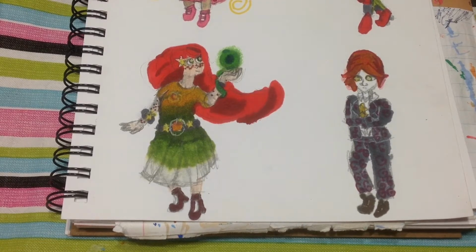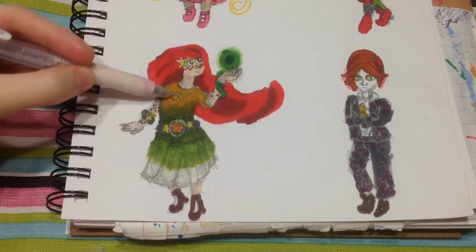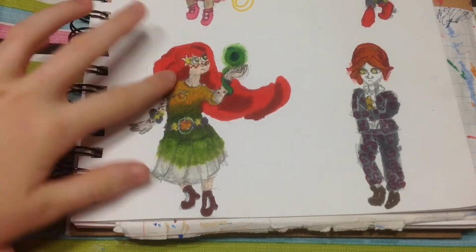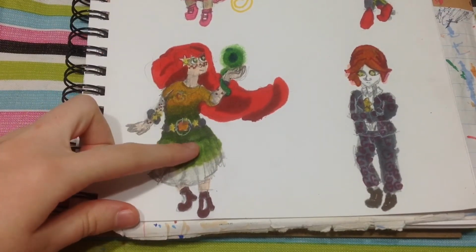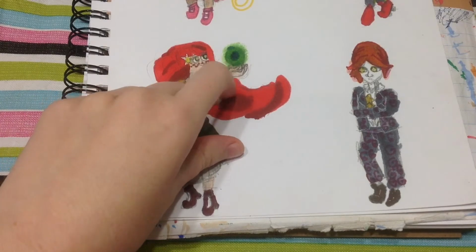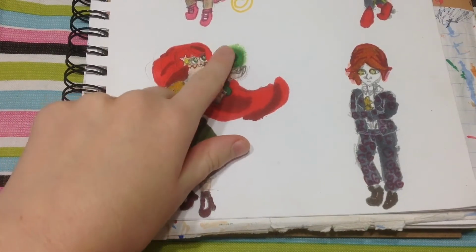And the bottom left was more of a different interpretation into spiral, with the magic spiraling through her hand. And also the guy on the left was sort of if I was doing an interpretation of it with a guy. But I ultimately liked the girl on the bottom left in the end,